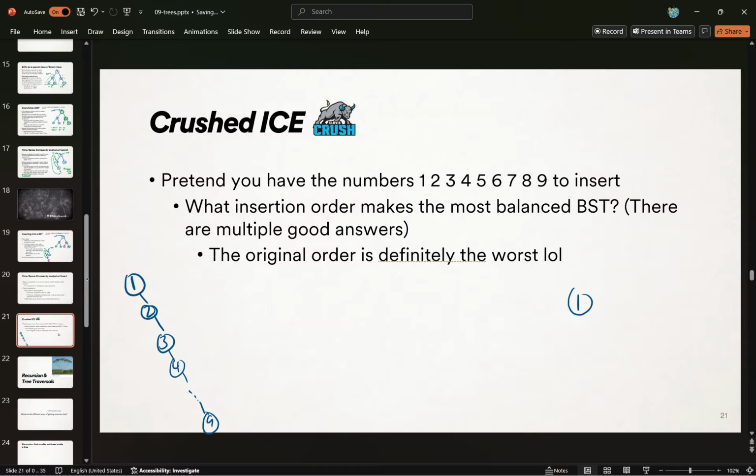For similar reasons, even if you do the rest of this balanced, it's a horrible idea to insert the 1 first or the 9 first. Even if you do as balanced as you could for everybody else, it's going to be leaning. There's going to be nothing to the left of 1. Same for the 9. There's going to be nothing to the right of 9, even if you balance the rest. So with that in mind, I think 5 is probably the best one to do first,